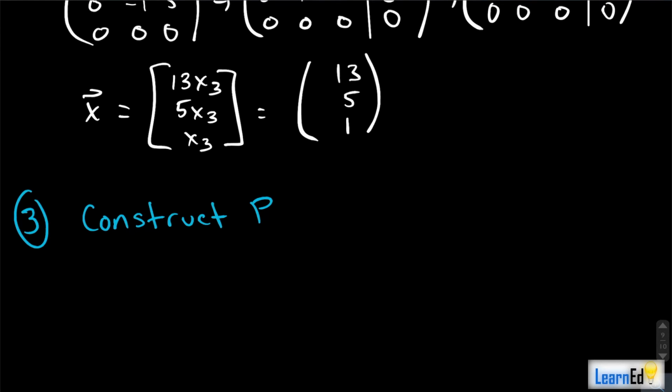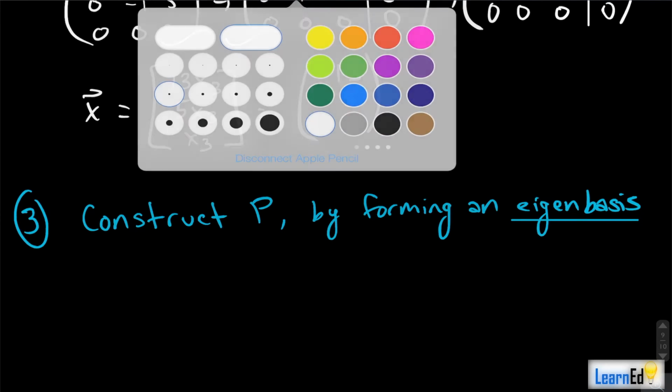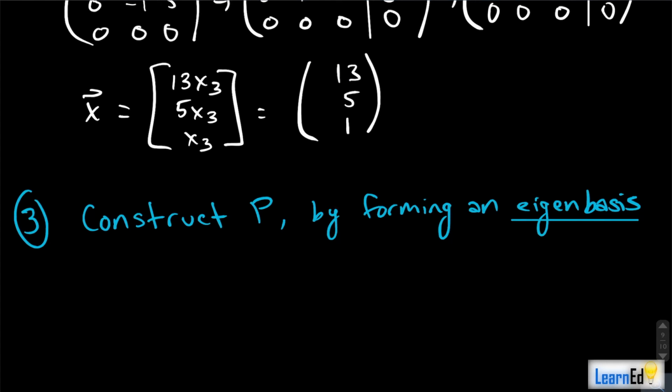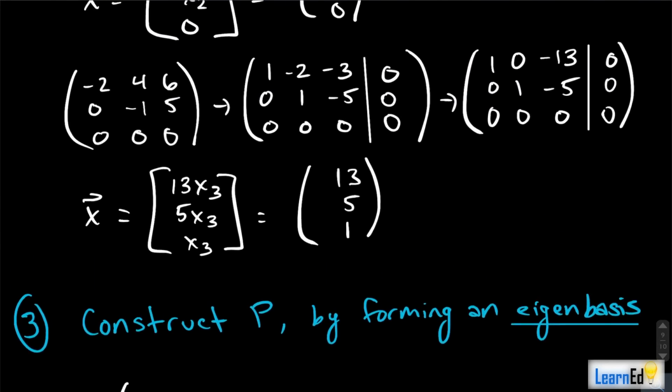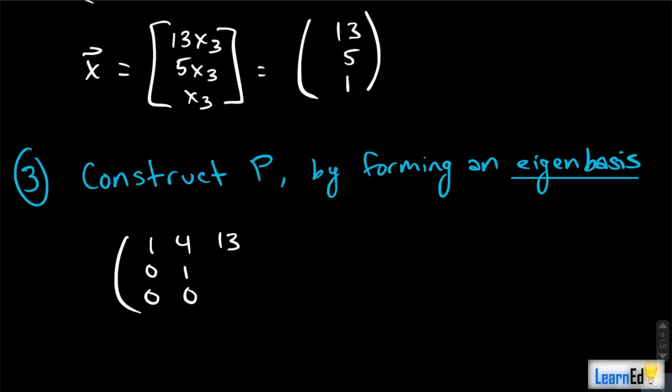So construct P by forming an eigenbasis. Okay, so the eigenbasis is just going to be the vectors that you had. So we have 1, 0, 0, we have 4, 1, 0, and we have 13, 5, 1. And those all go in a matrix, and there you go, that's P. So now we have P,